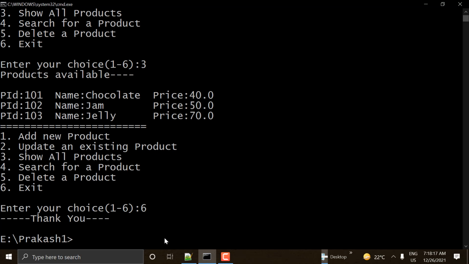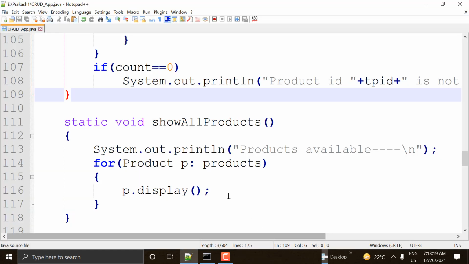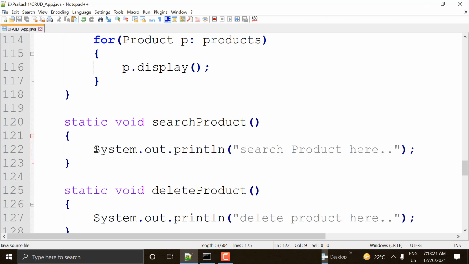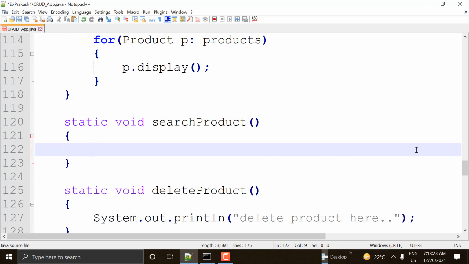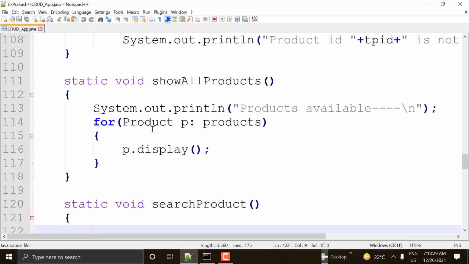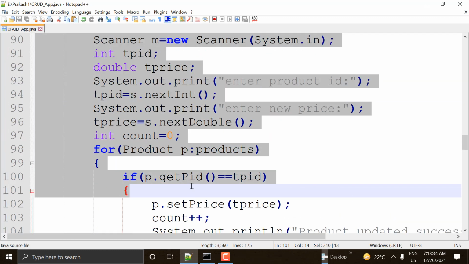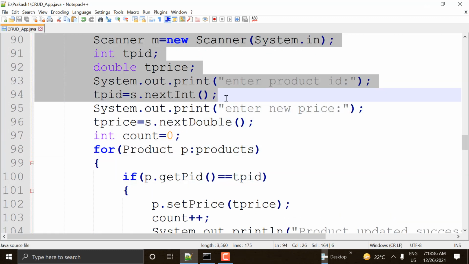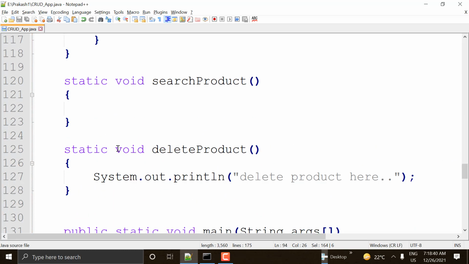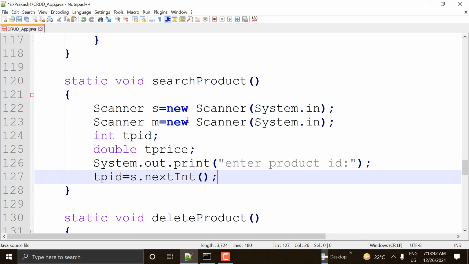So how to do search for operation? Let's switch to this. There is the method, search method. Yes, so here what we are doing, here also we should ask the user for product details guys, which product you wanted to search. Since we have already code here, let's copy this. After this we need to use, okay, let's copy this, go to the search product method, paste it. So what are we doing? We have to